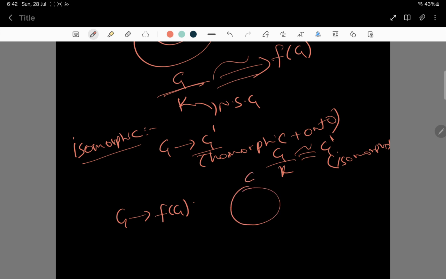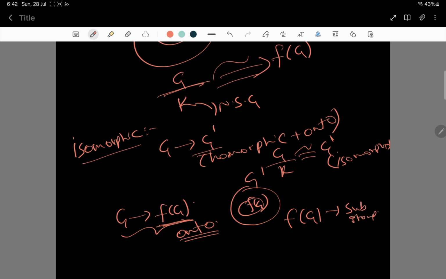Since we are considering f of G, this will definitely be an onto function, because we are taking a subset, and also f of G is a subgroup. So now from here the proof will be same as the first isomorphism theorem proof,